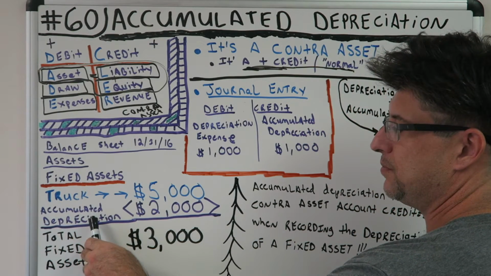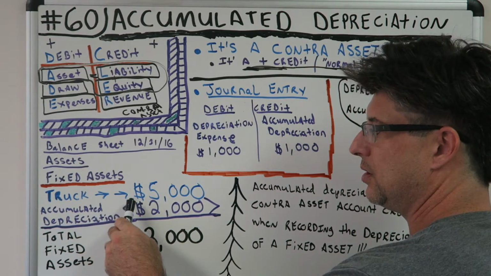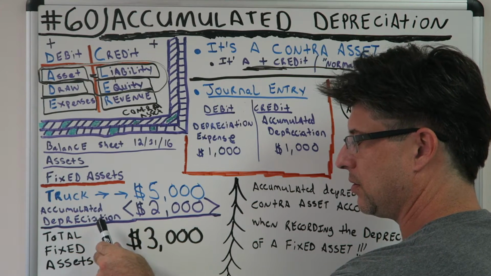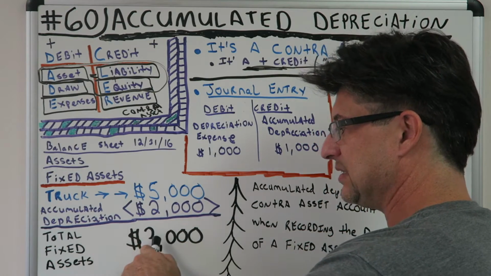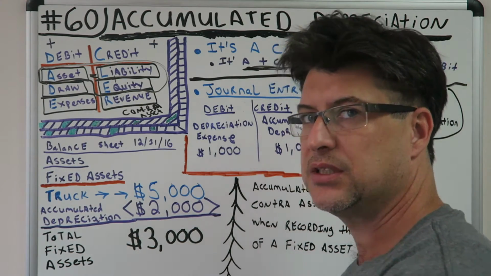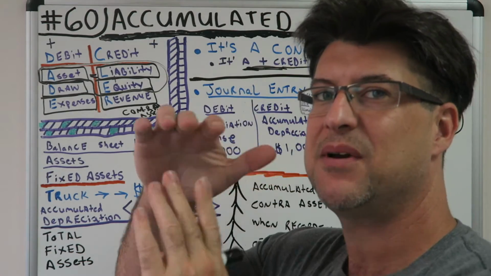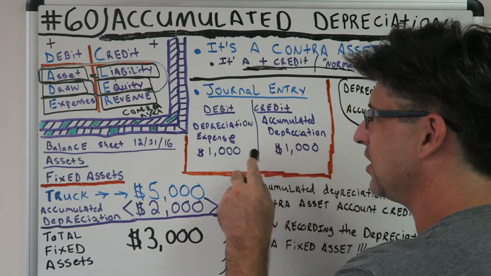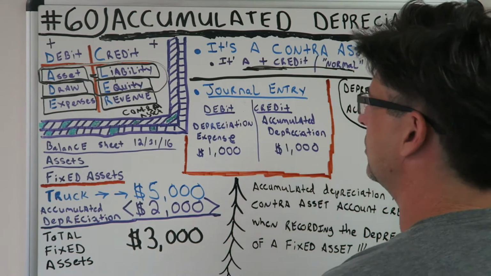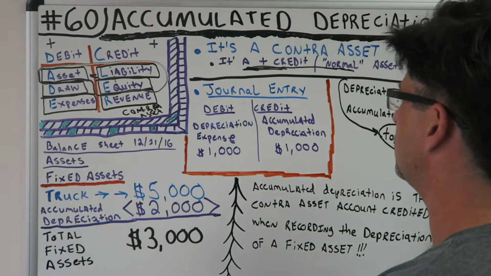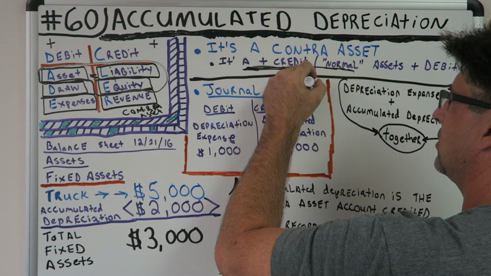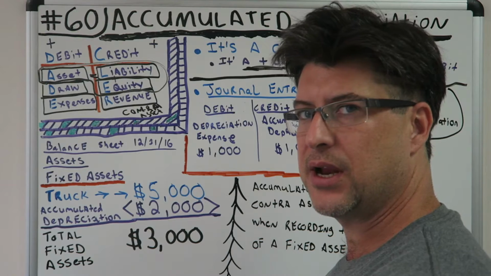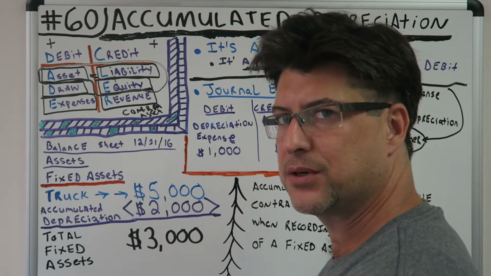Then I'd see accumulated depreciation of minus $2,000 on the balance sheet. And I'd have total fixed assets of $3,000. And you say, whoa, time out, time out, time out. You thought you got me on something, right? You're like, this journal entry is only for $1,000. Yeah, but this was for this year. This was a 2016 journal entry, right? For $1,000. So now, if on the balance sheet it has $2,000 of accumulated depreciation,